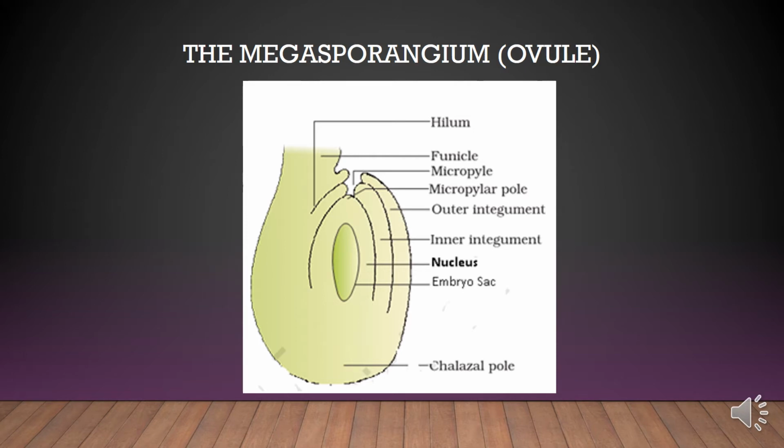It is the diagram of the ovule. The ovule is a small structure attached to the placenta by means of a stalk called the funicle. Students, here we are going to discuss the structure of the ovule from the diagram only. You can see it clearly in this diagram. This diagram is also given in your textbook. The body of the ovule fuses with the funicle in the region called the hilum. You can see it in the diagram.